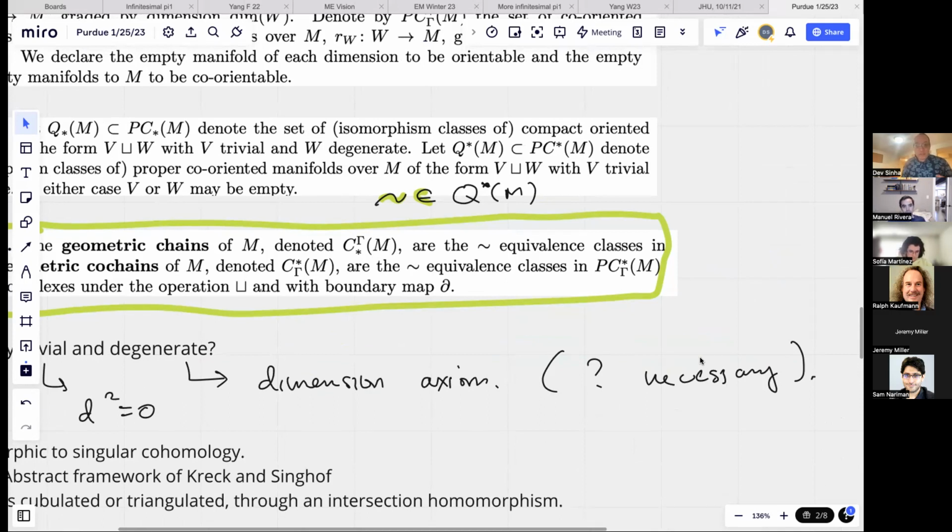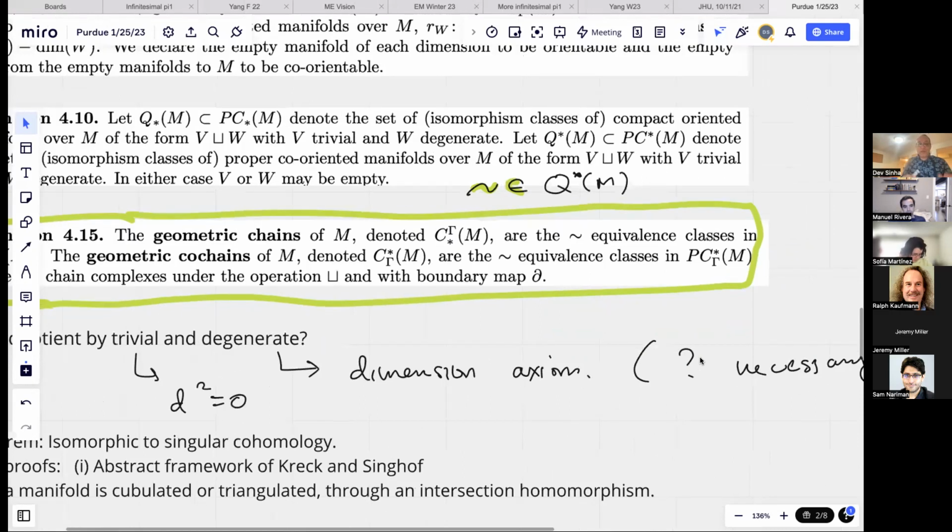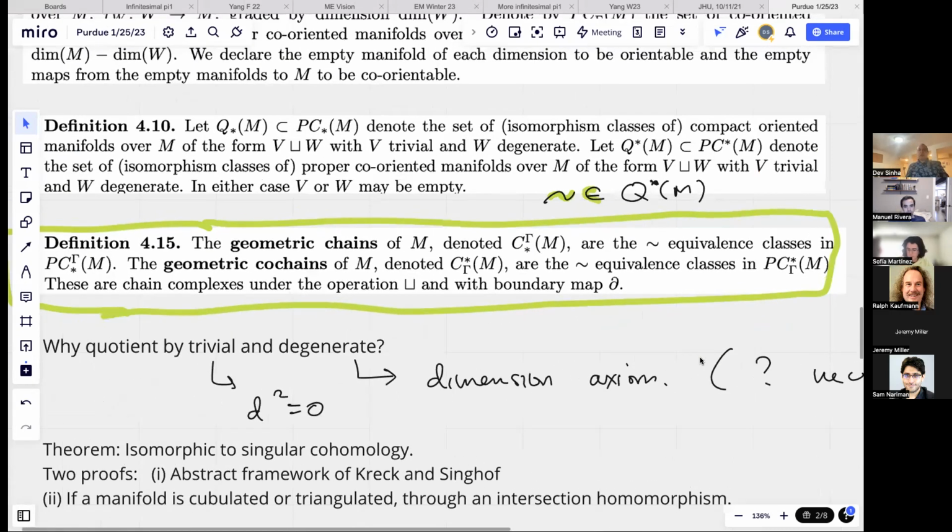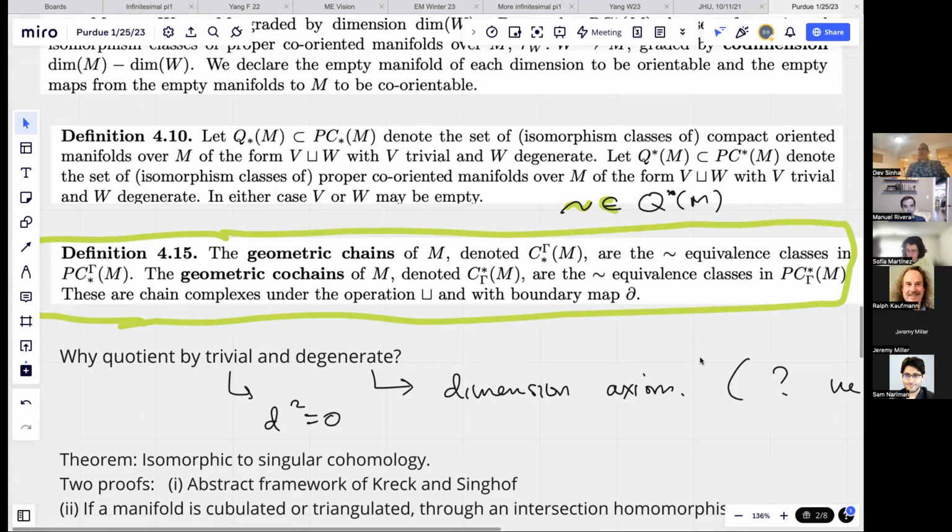Something I should have said at the beginning: this is all worked out with Greg Friedman and Animal Medina. We initially had an application, I'll tell you about that in a moment. And then we realized that there wasn't a theory here that suited our needs, except it was started by Lipinski. So these definitions are pretty much Lipinski's, but he didn't work out very much. He did a little bit of more geometric homology. He was a gauge theorist, much more interested in these ideas in an infinite dimensional setting.